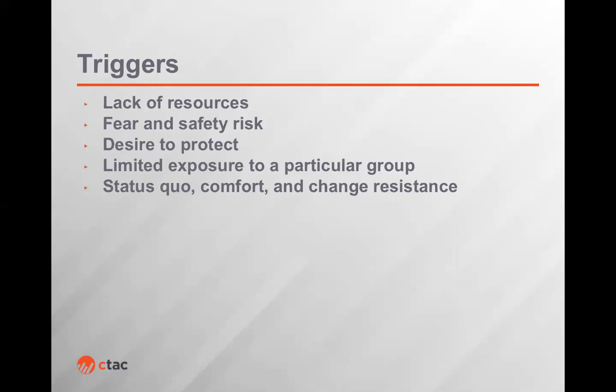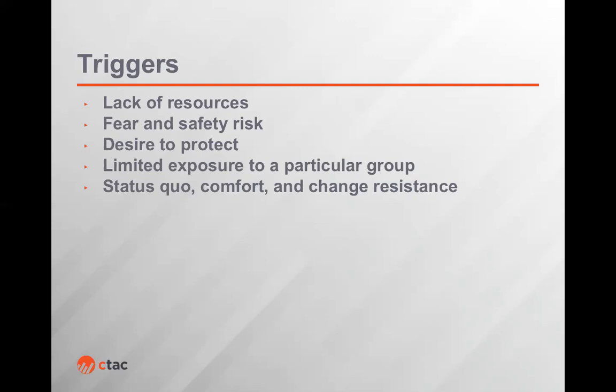And depending on your socioeconomic status, maybe even your gender or your race or your religion, there are certain resources that your community has been afforded or have been very limited, or there have been barriers to you accessing them. And so as your parents or your caregivers are raising you, they may give you certain rules that you develop into heuristics about resources. The other is about fear and safety risk. It goes back to Maslow. Our families want us to be safe. We want our children to be safe. We desire protection.